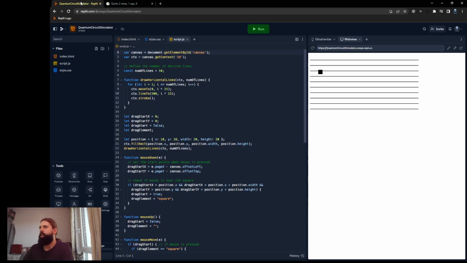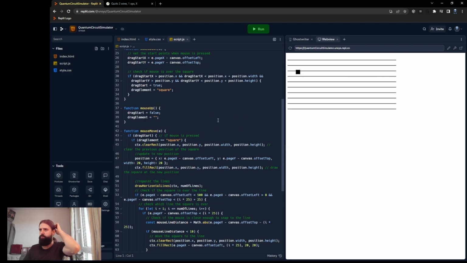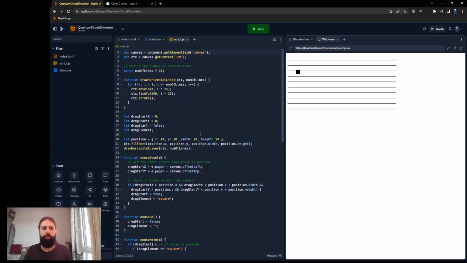Now for this I had the idea that we can also just draw vertical lines and then use the intersections maybe as this. So that's where I'm going to go ahead with Ghostwriter and then see. To be honest, mouse move, mouse up, and then once we're done with these, then we will